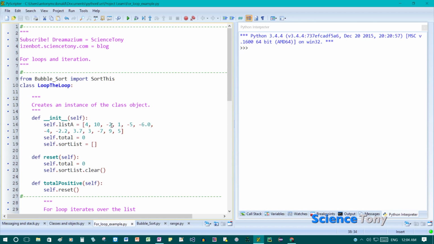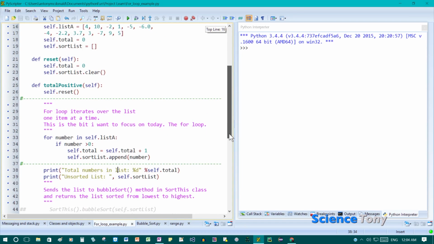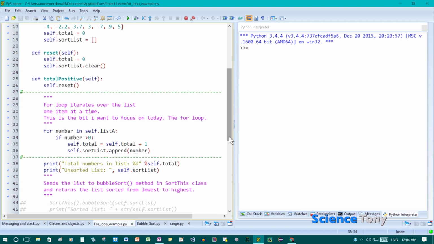The third time, the number will be -2, and so on, right? So it's going to make a comparison, and if that number in the list is greater than 0, then it's going to